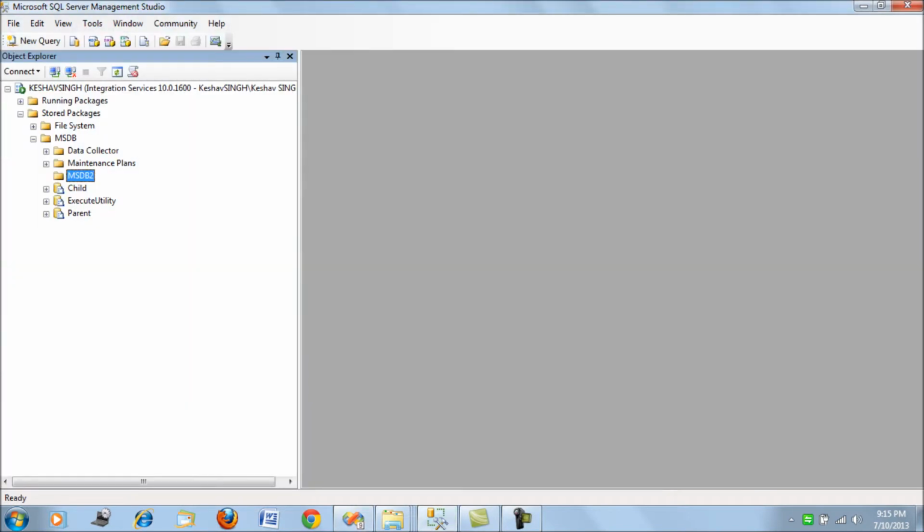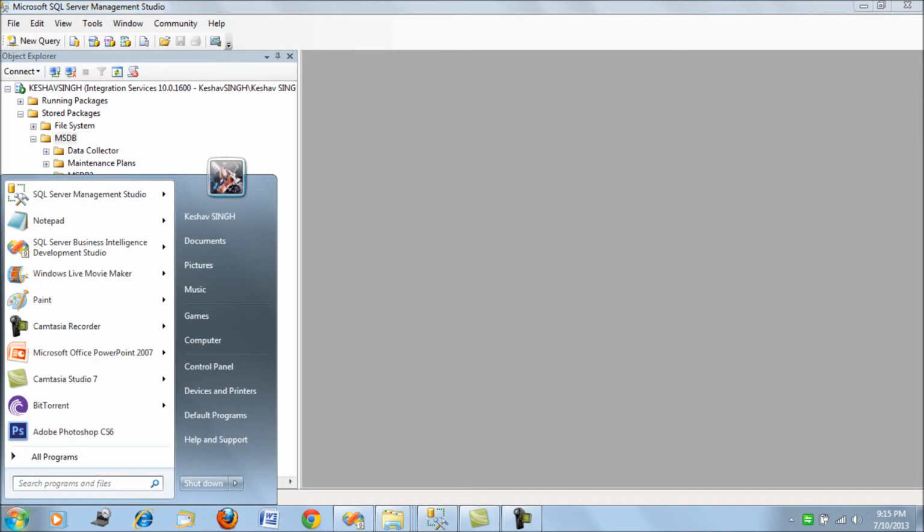To do so, what I have done is created a new empty folder, MSDB2, in my subdirectory of Integration Services server engine packages, and these are all the packages which are stored in the MSDB database. Now let's start to use